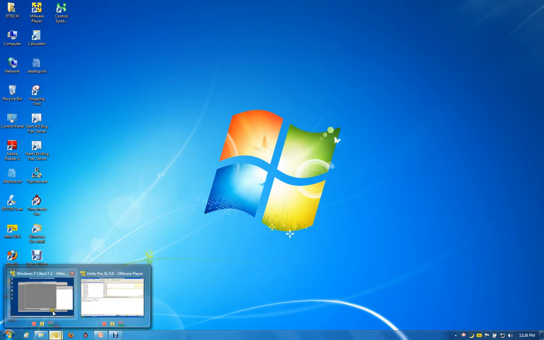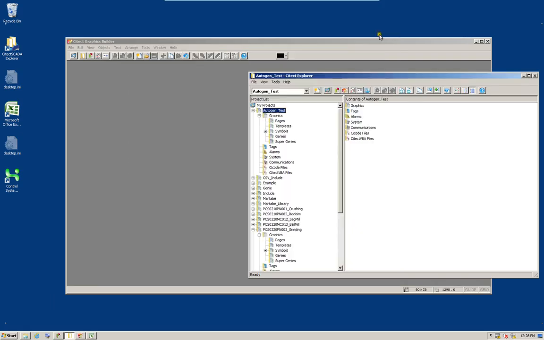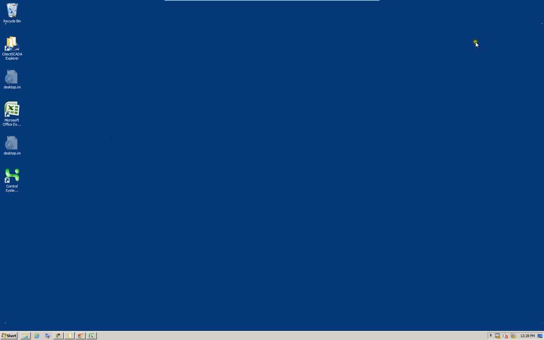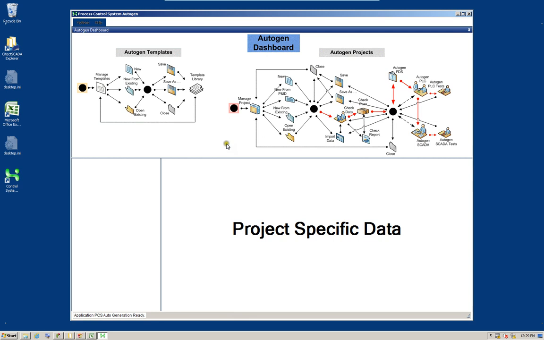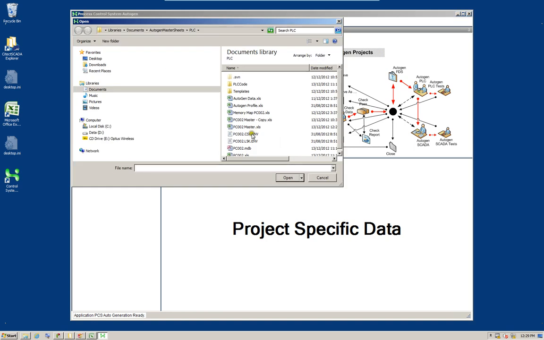This particular demonstration shows how we auto-generate the SCADA part of a control system. Again, it's based on a specific SCADA system, which is in this case Citect, but the procedure is the same for any other SCADA target software, control software like iFix or RSView from Rockwell or any other.